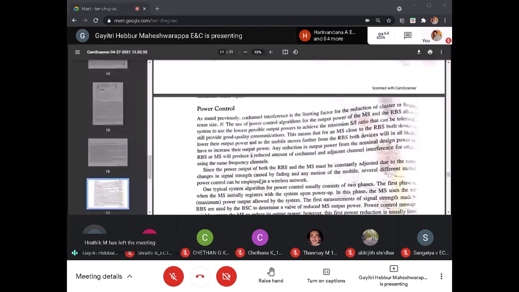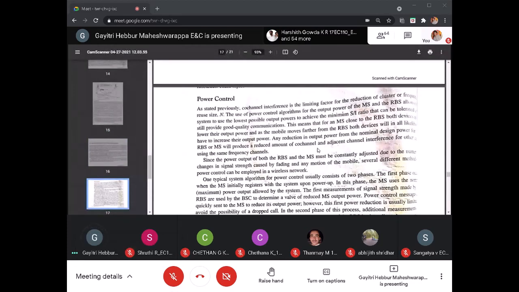Next, we move on to the power control. As we already know, we maintain constant output power, right? Co-channel interference is the limiting factor in reducing the cluster frequency reuse N. The use of a power control algorithm for the output power of the MS and radio base station allows the system to use the lowest possible output powers to achieve the minimum SI ratio that can be tolerated, while still providing good quality